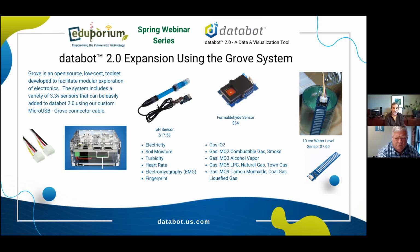There's soil moisture sensors, where if you're doing greenhouse experiments and you want to be tracking the temperature and moisture of your terrarium, you could do that. Heart rate sensors, a whole host of specialized gas sensors. So a lot of different things you can do to expand databot with some fairly inexpensive materials,